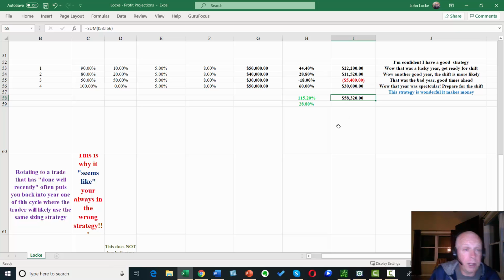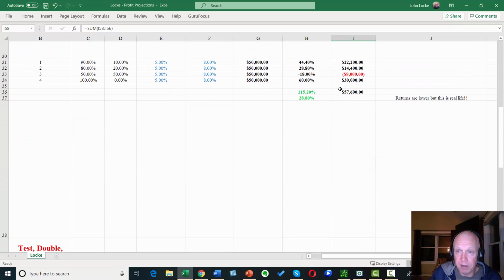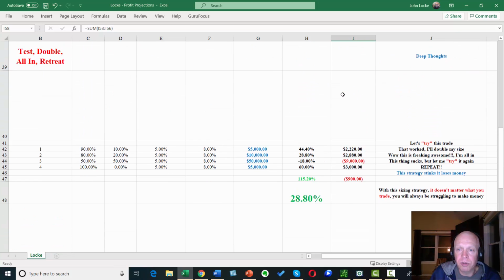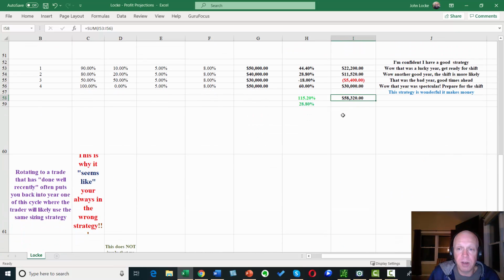So you have two traders trading the exact same strategy by the exact same rules. One trader kept a consistent capital and made $57,000. Another trader used the typical trading capital sizing strategy of most traders, and they lost $900. And then you have somebody who did the opposite thing, and now they're making about $58,000 in this example. So that's how powerful your position strategy is.